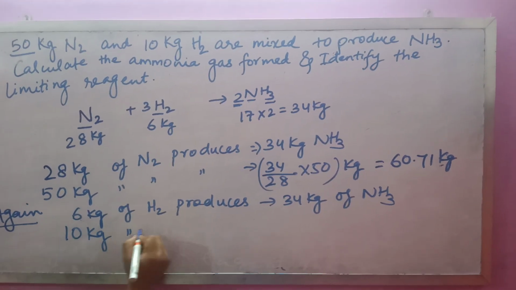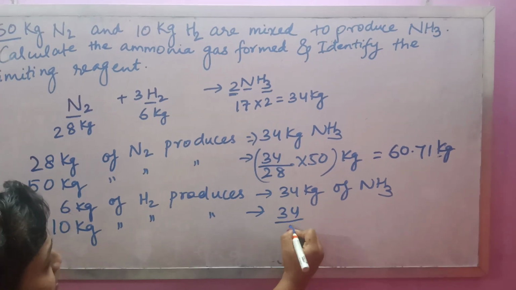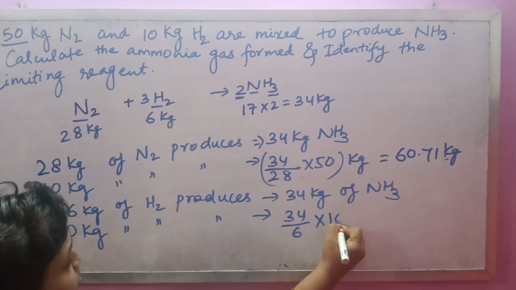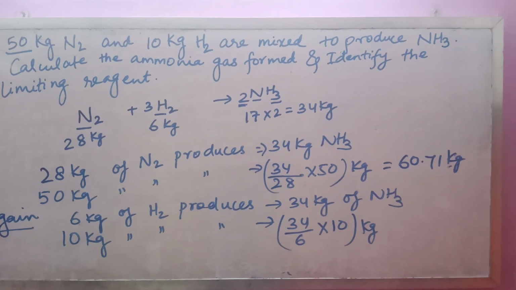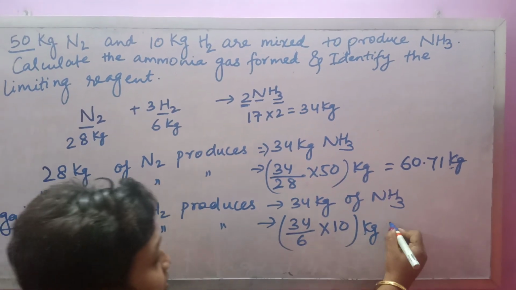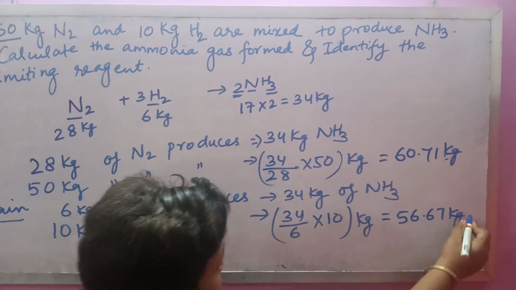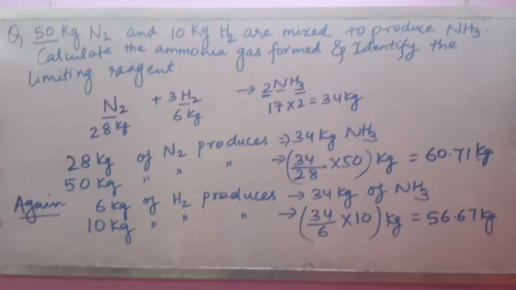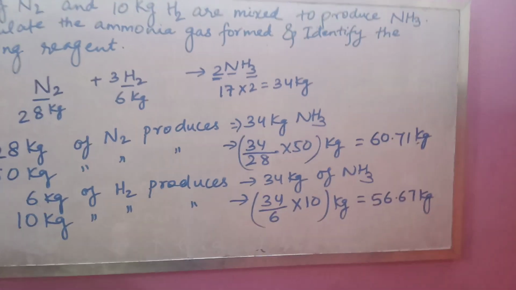So 10 kg of H2 will produce 34 by 6 into 10 kg. Now when you calculate it, it will come out to be 56.67 kg. Clear? Now N2 is producing 60.71 and H2 is producing